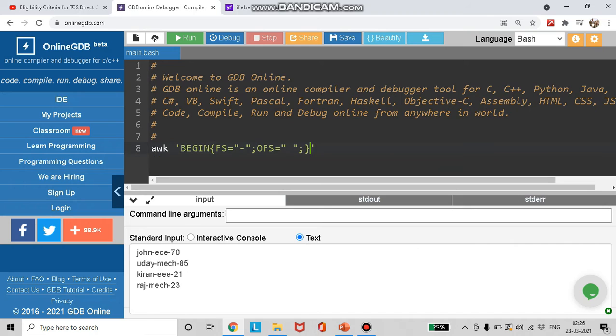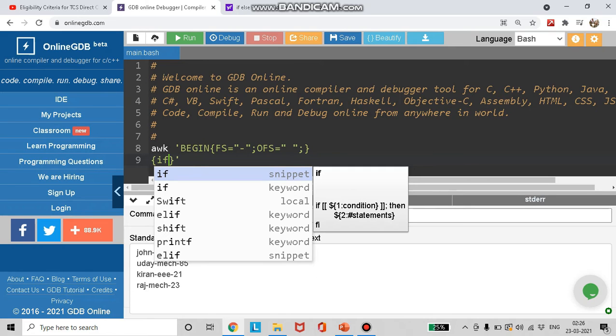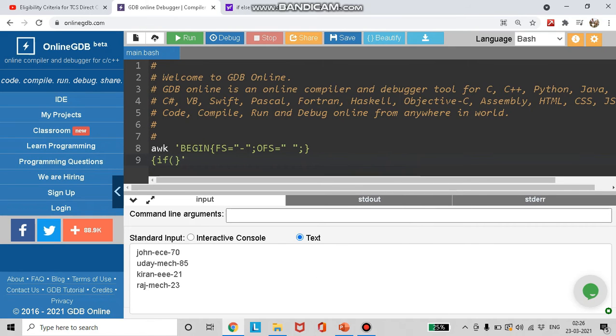Next comes the action block. I can have them in the same line as explained in my previous video, or I can have them over here in a new line. In this, first I'm going to check for the marks. So I will type if, and I'm typing the condition inside these brackets.